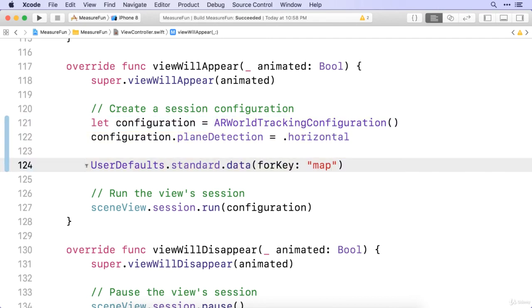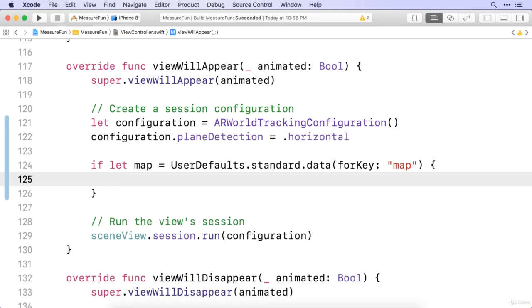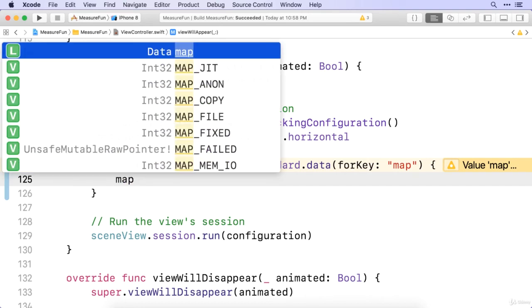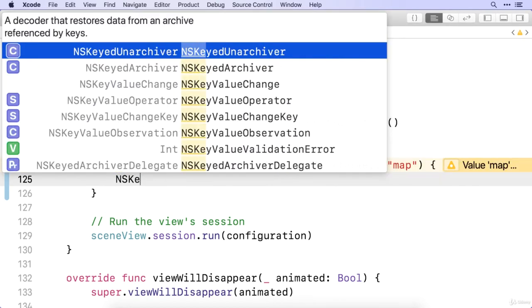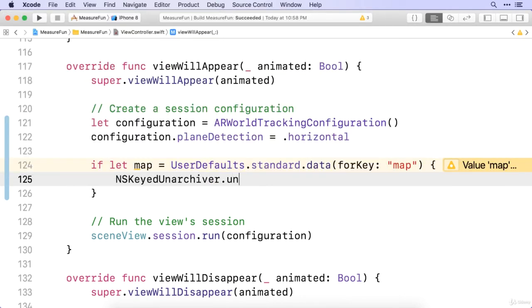Now this is going to give us back an optional, so we want to be able to unwrap that. So we're going to say if let map be equal to all this, and we'll do our cool little curly bracket. Now the next step is we want to take this data object that we have, this object called map, which is data, and bring it back into an actual map that we can add into our configuration. So we're going to have to do this through the NSKeyedUnarchiver. Then we're going to do dot